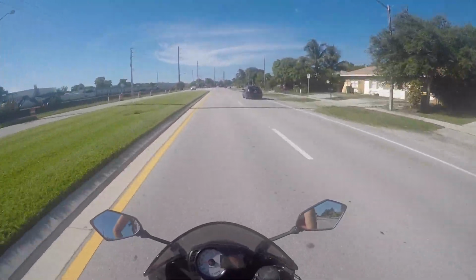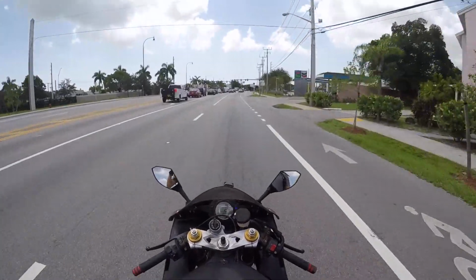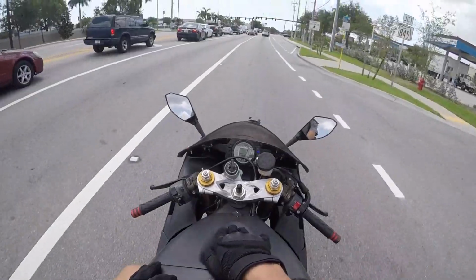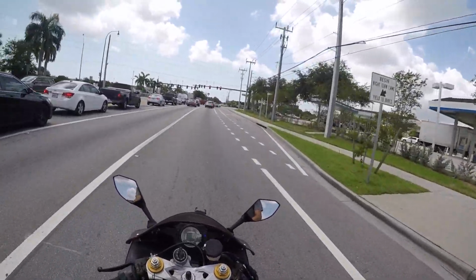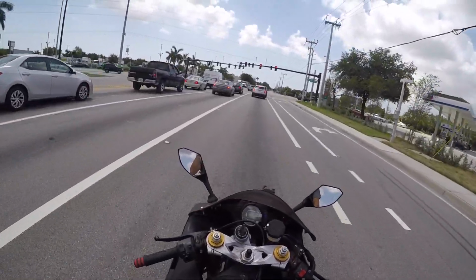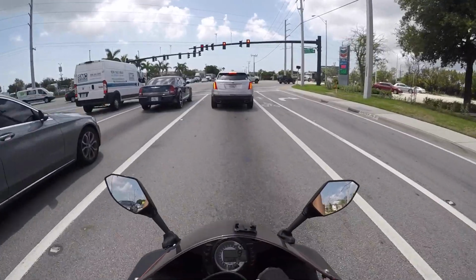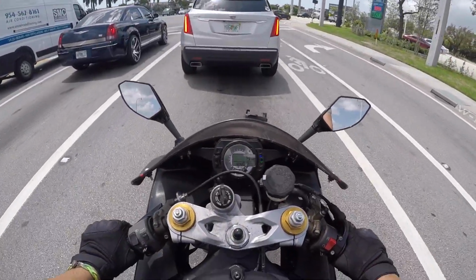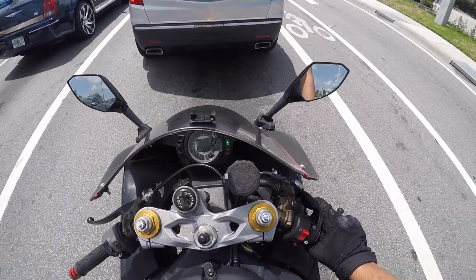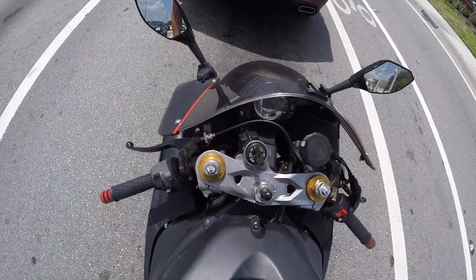Let me show you guys a clip of the old ZX6R that I had. We got this bike, a ZX6R. This is probably the first time you've seen it. We bought this from a guy at Home Depot. Like literally I just went to Home Depot to go buy some hardware or something, and this guy comes up to me because he sees that I have my helmet, and he starts talking to me about like he just started riding 3 days ago because he just got this bike out of nowhere, and like something was messed up